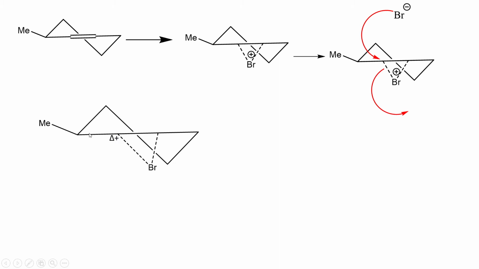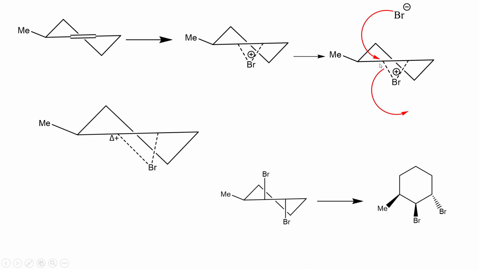You can see that this methyl group is not hindering this position or that position, but these methyl groups give an inductive effect, for which reason this bond becomes longer, and a slight delta plus charge arises here, because this delta plus charge can be stabilized by this methyl. So the delta plus charge arises on that side, for which reason bromine attacks from that side, and the products will be accordingly. In the product, you see that one bromine is on the upper side and the next bromine is on the lower side.